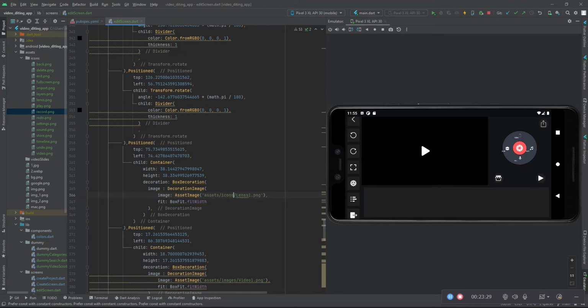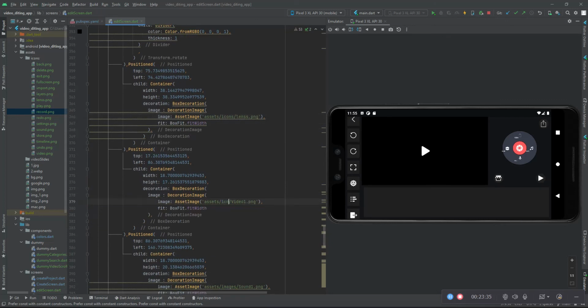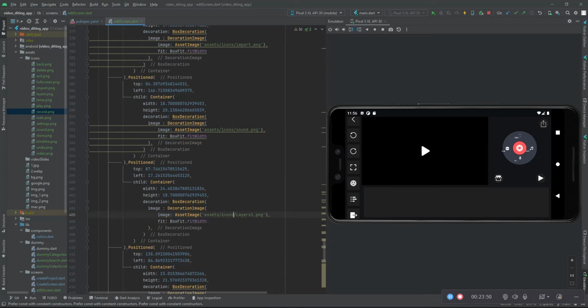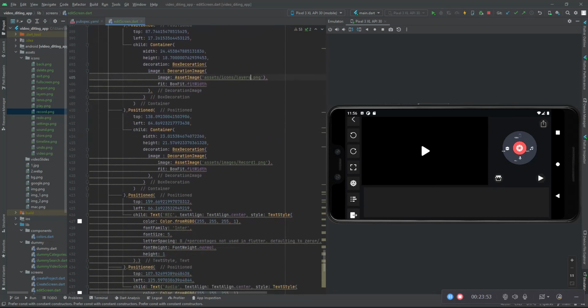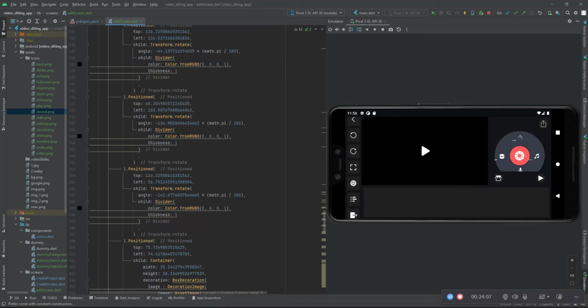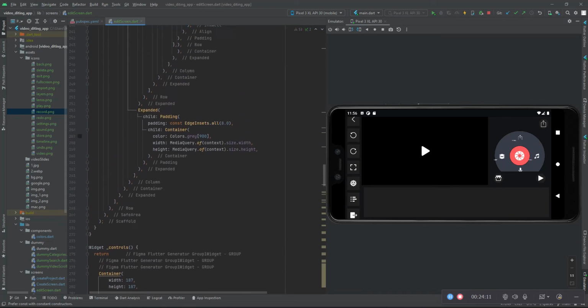So icons, lens, and icons, then we go for the import. This is going to be icons, then we're going for the sound. All right, so let's just save it once again, and now it's somehow way big a little, so we have to work on I think we have to work on